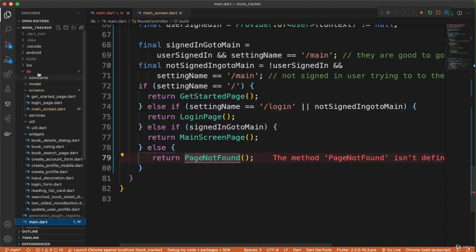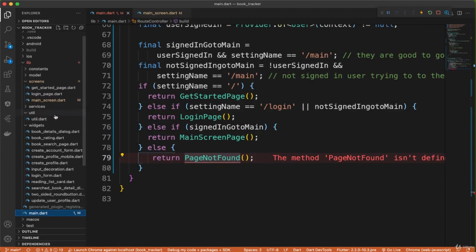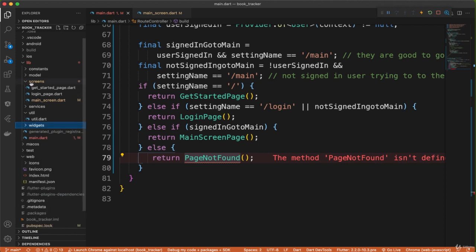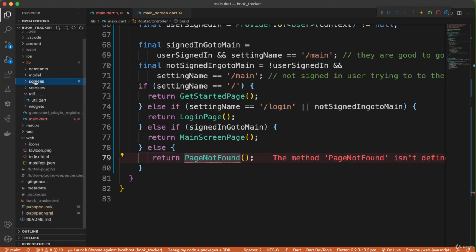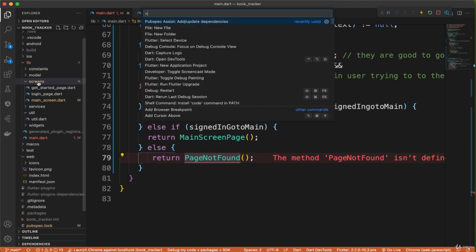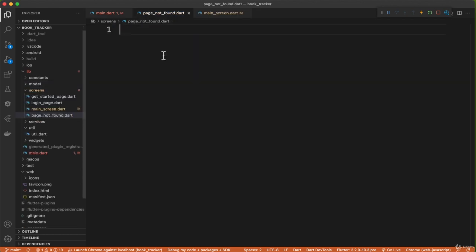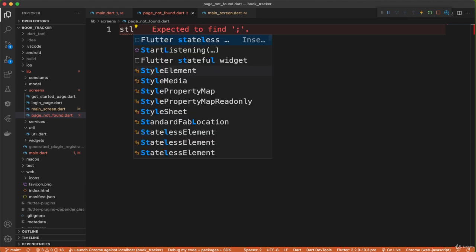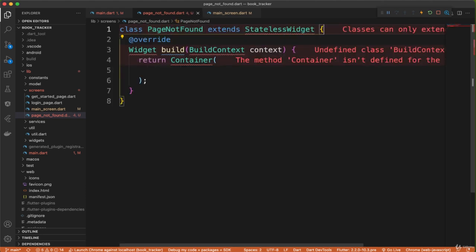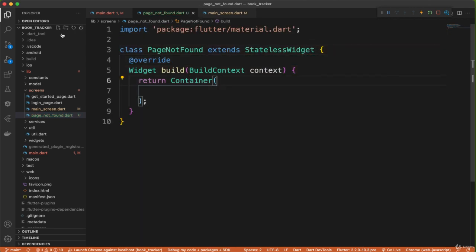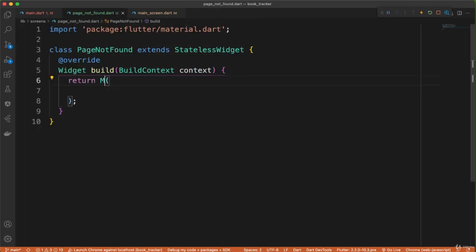Let's go to widgets. Actually, this is going to be a page in itself. Let's go to screens. I'm going to create another one here, page_not_found.dart. Okay, let's create a stateless widget, PageNotFound, and let's go ahead and import material, and voila. Right away, I'm going to pass it a Material